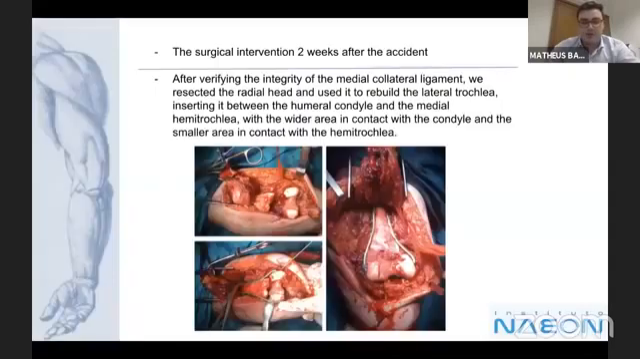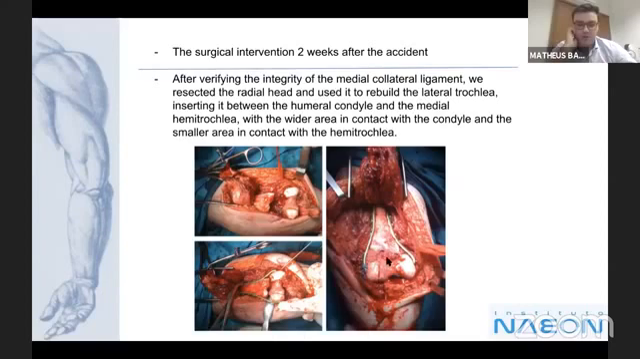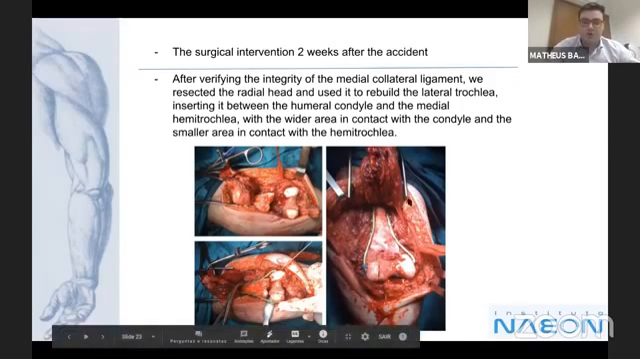And this is the different thing that he did. He took off the radial head and put it inside, in place of the hemitrochlea, to reconstruct the distal humerus. So he saw that the medial ligament was okay, and if it's okay, you can take out the radial head and rebuild the trochlea. So we can see here, this is the radial head in the distal humerus, and he fixed it with plates and put more bone to make contact with the other parts of the distal humerus. So he rebuilt the hemitrochlea with the radial head,